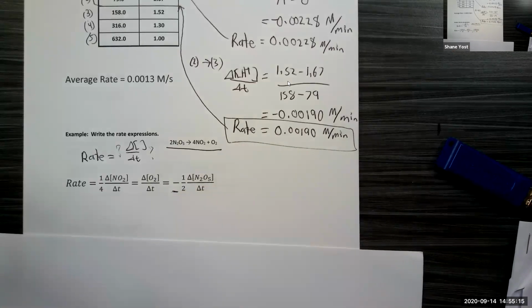Yeah. I mean, if you want to think about just taking the absolute value of your rate of changes, you could think of it that way. But for the sake of this class, I typically present it this way, where I just talk about what that change is and then put a minus sign if it's a reactant. Other questions? All right.